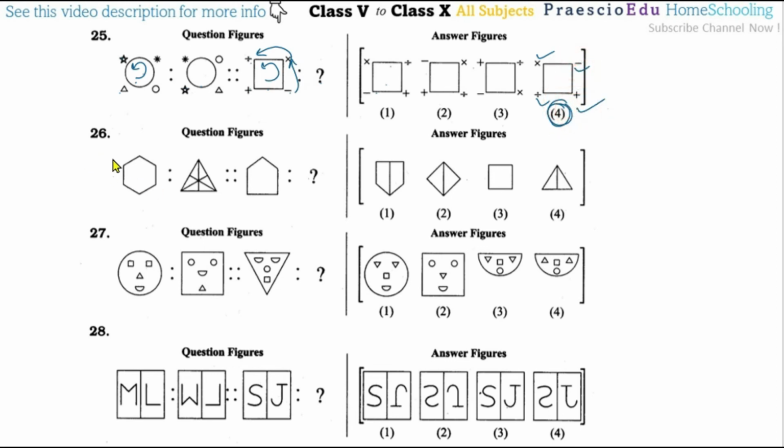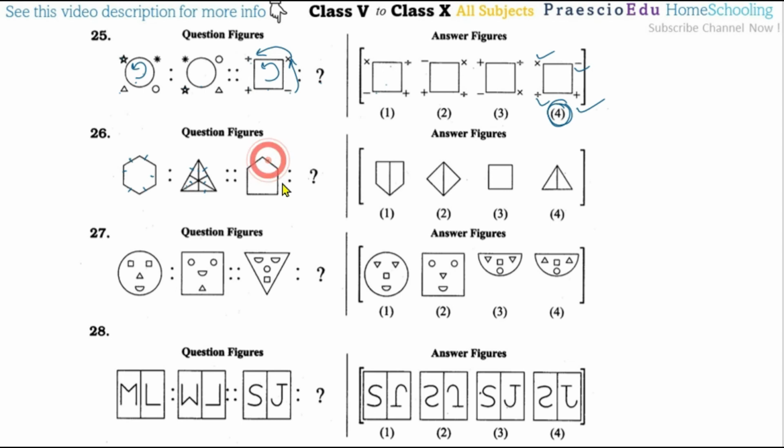Now question number 26, here the hexagon. The hexagon has 1, 2, 3, 4, 5 and 6 sides, so 6 lines are making a different arrangement. Triangles mean 3 lines, and inside there is a vertex and the opposite middle point, so that is a median. So 1, 2 and 3 lines, 3 plus 3 is 6 lines, so the number of lines is the same but the shapes are different, with the inside medians, or we can say inside the vertex to the opposite side's middle point is attached.